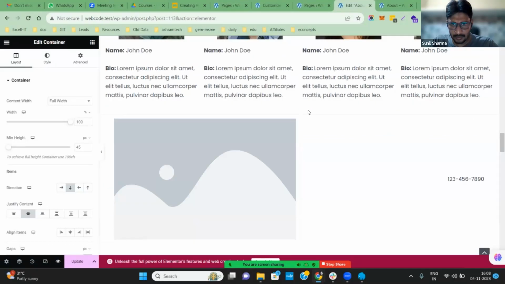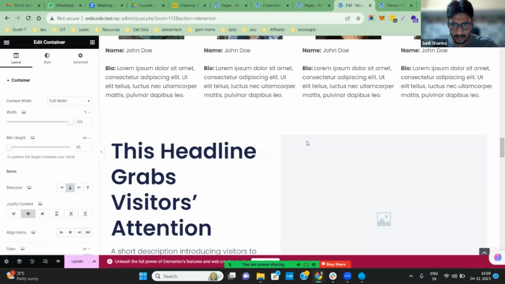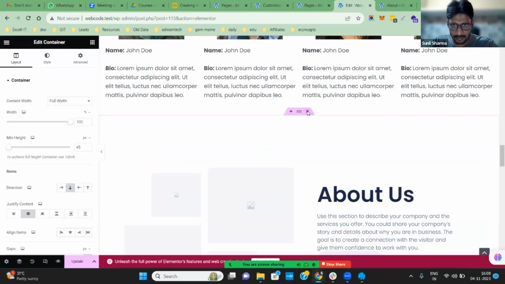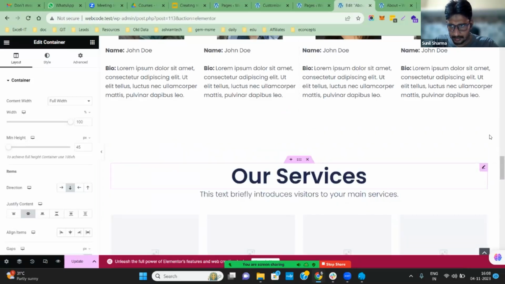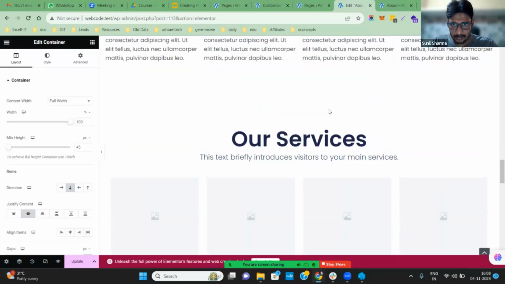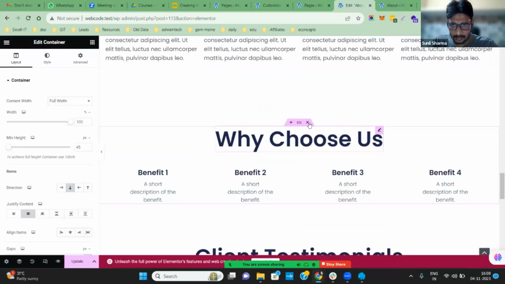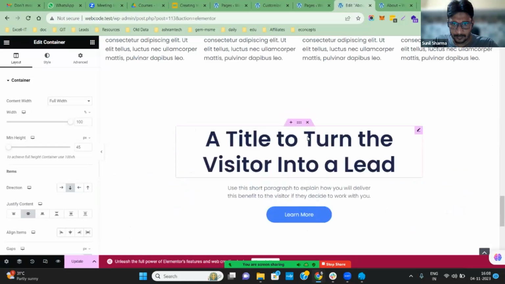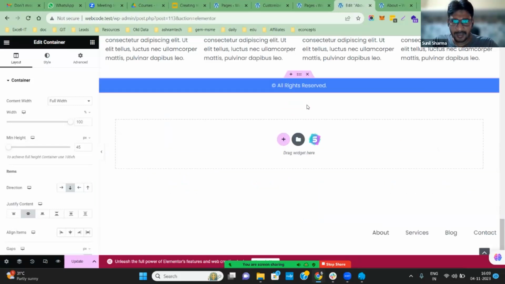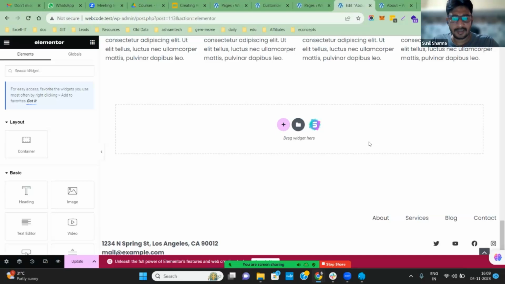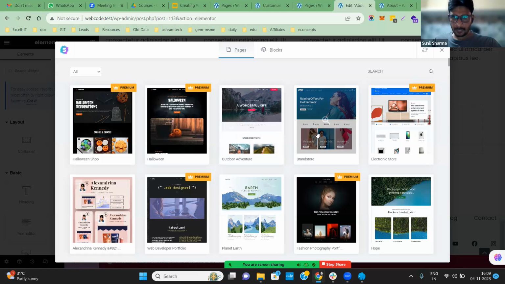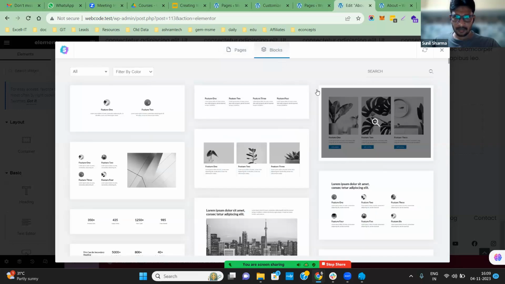So I am just removing these sections because I don't actually need them. You can have any number of sections based on your design or references. Another is the Astra page builder starter templates, which you can use as a page, as a block in your particular pages or